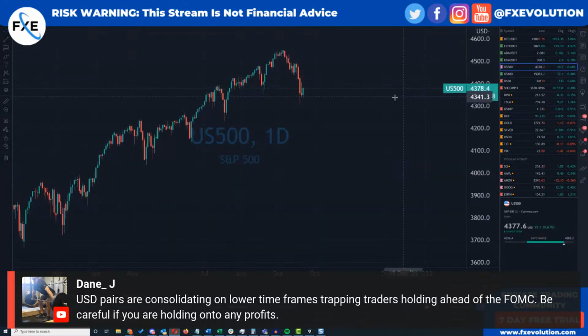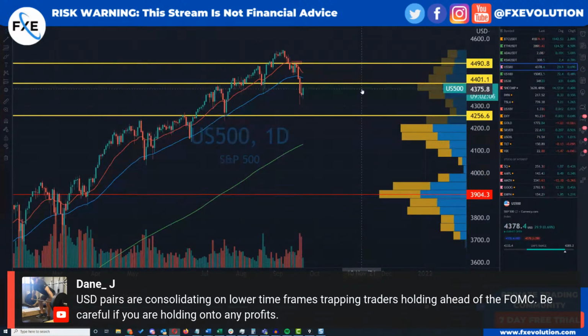And US 100 and US 500, we should have direction again by tomorrow. But you know what? Every time we get in that direction, it's not long lasting, and that's why we need to be nimble. We need to be quick. If you're investing, of course, what you're doing is looking for key psychological points to invest your hard-earned money at those levels. It's a little bit different. You use TA to find key levels and then you smash it in.